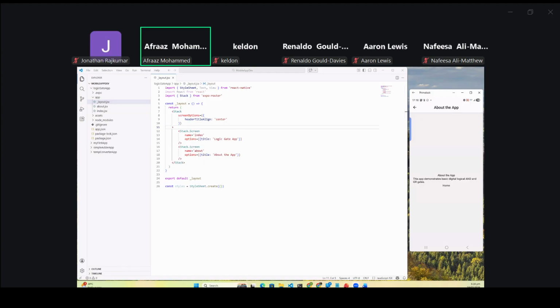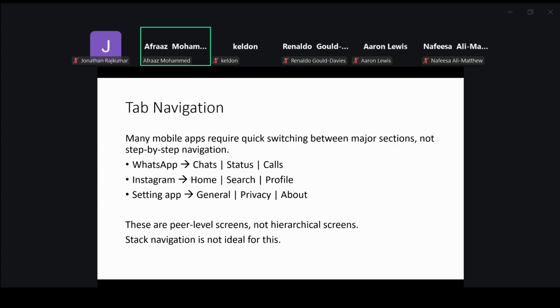Right. So with tab navigation, you could do some quick switching between major sections, right? So you have all the pages, let's say, available to you that you really want to get access to, right? And you don't have to just move from one page to another, right? So some examples of that, in popular applications you look at, they have different options available there right on one screen, right? And that uses tab-based navigation. So in WhatsApp, you may have like chats, status, and call options available to just switch quickly between there,